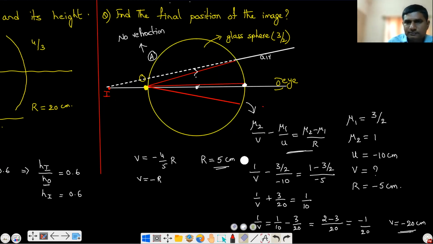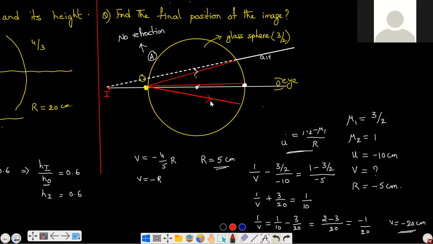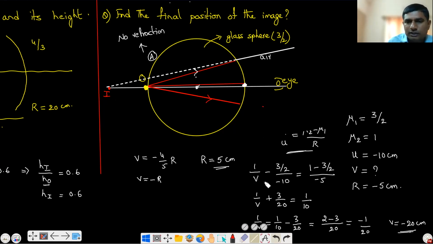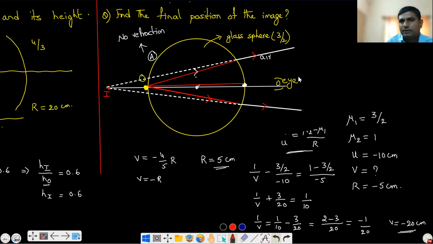These are the incident rays. See here. Okay. These are the incident rays like this. This is one incident ray. This is another incident ray. So now from here also there will be a refracted ray. But how will the refracted ray go? Like this, in such a way that when you extend it back, it will meet at here. So now the eye will see which rays? The eye will see these rays. Correct or not? These white colored rays. The eye will see these white color rays which are coming from here, the image point, which is at a distance of 32 centimeters. So that means when you see an object which is behind a glass sphere, you will not see it at that point, you will see it here.